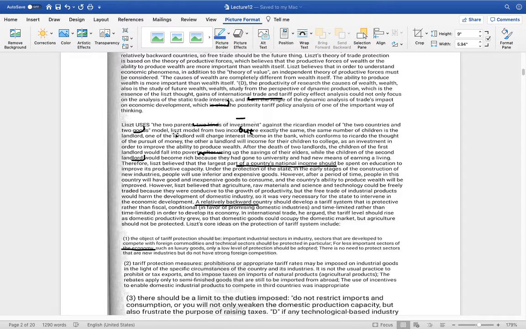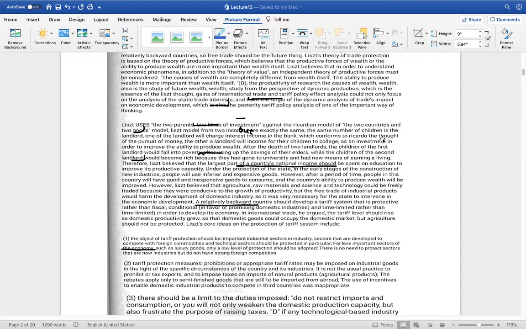It originates from two landlords with exactly the same income and the same number of children, but one of them uses his income to invest in the bank and charge interest income from the investments, which conforms to Ricardo's